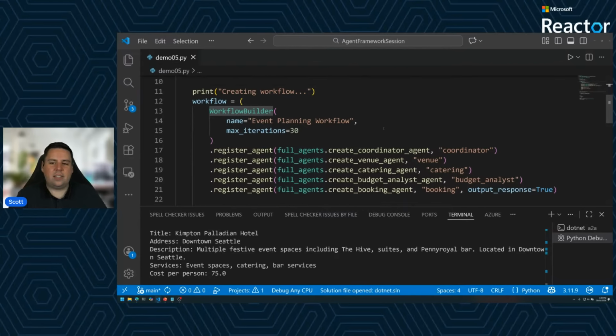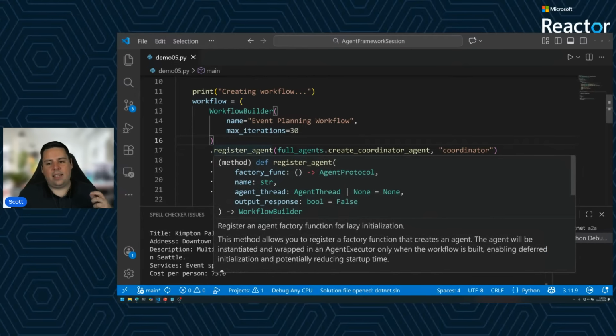Rather than necessarily creating one agent, we can actually create a workflow and register agents to that workflow. And this is something that is slightly different in especially recent releases of the Microsoft Agent Framework versus previous releases. This register agent is actually taking in a Lambda or a delegate to create an agent.